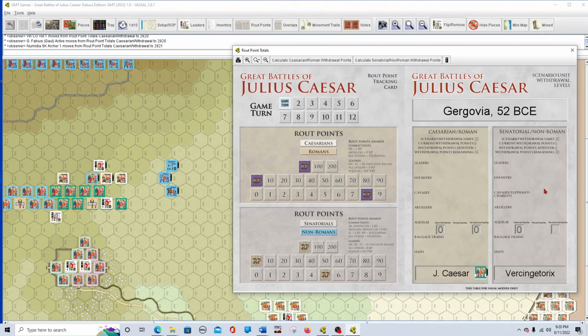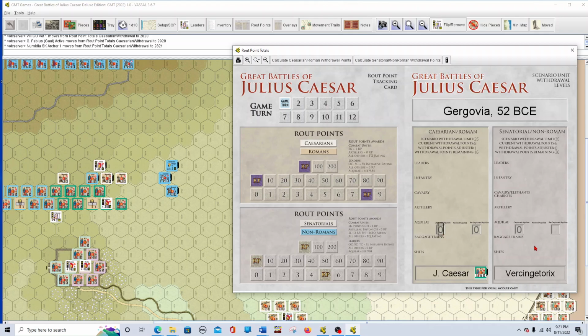So forget Gergovia for a minute, and we're going to go back to just normal route point tracking for the scenarios. So there's also the rule for the Aquilae, or Aquilae, however you pronounce it properly. So for the scenarios, the Caesarian side,